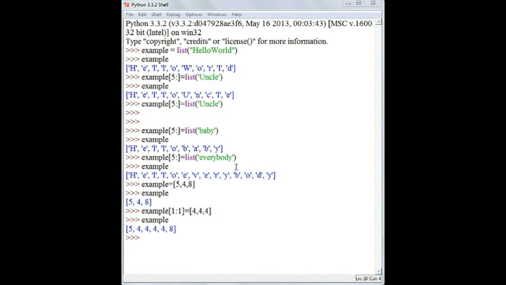Okay, so the last thing I want to tell you about in this tutorial is the opposite of this. Till now we have added elements in the list. So what if we want to delete some elements from our list? One way is to use the delete function, which I have told you about. Another way is using slicing. So how can you do that? Type in the list name from which you want to remove, the first element from which you want to remove, and the last element up to which you want to remove.